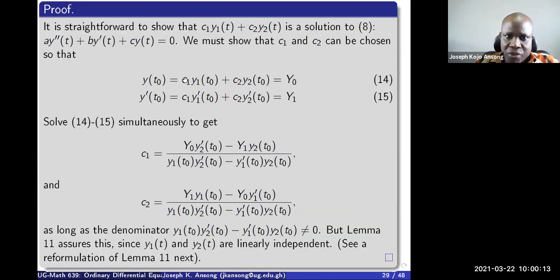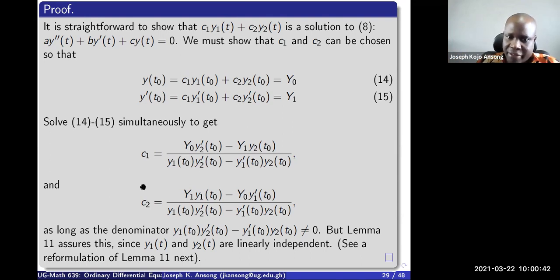So since this is a solution, we have these two equations here, okay? Basically, I just solve these two equations for the two unknowns C1 and C2, and I get these expressions here. This is just linear. You can solve them simultaneously to get that. Now, this is okay as long as the denominators are not 0, right? If the denominators go to 0, then this thing blows up and we can't get any real C1